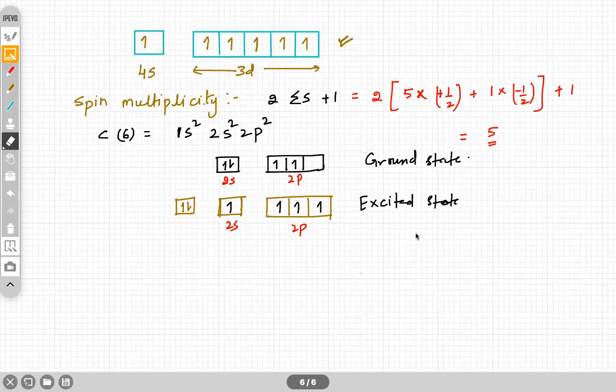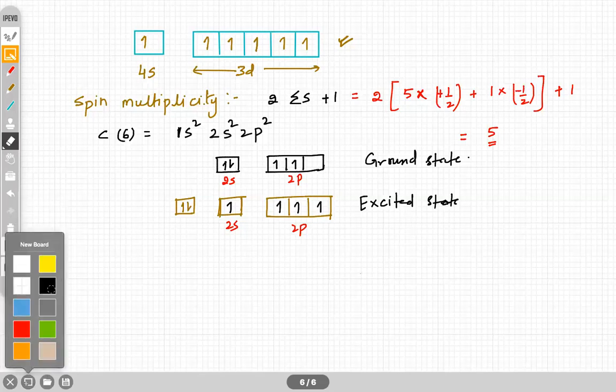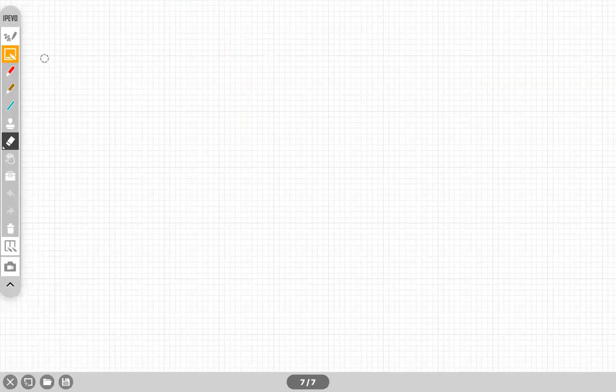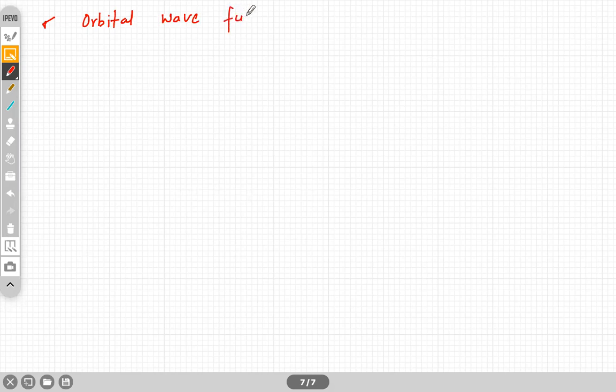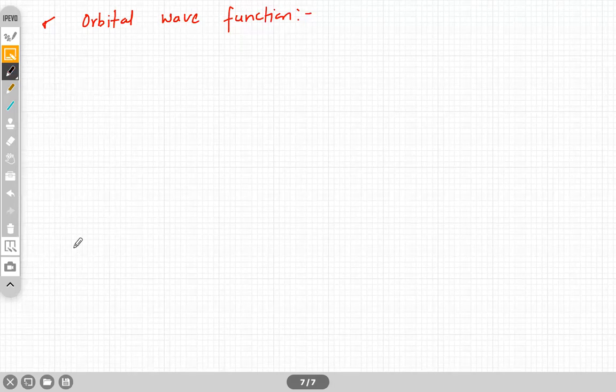Now, one last thing here we need to discuss before nodal plane, that is the orbital wave function. We have discussed it already. The orbital wave function psi. Write down one last thing, one question they ask on this: orbital wave function. This psi, I have already told you that it contains all the information of electrons. It contains the information related to the energy of an electron,